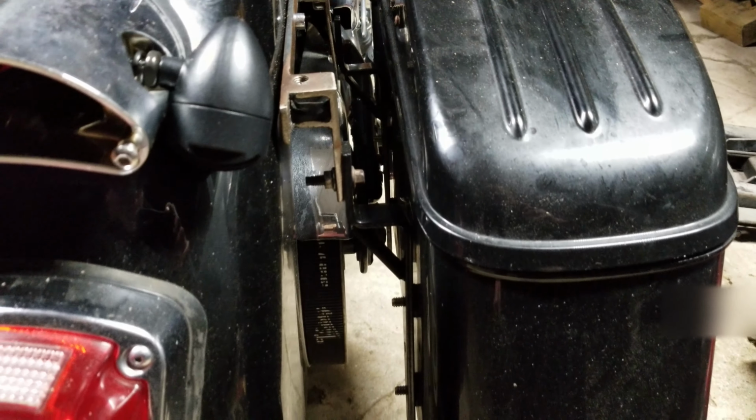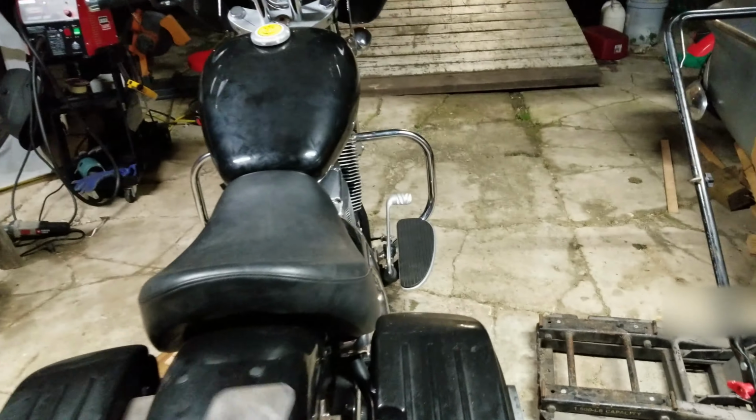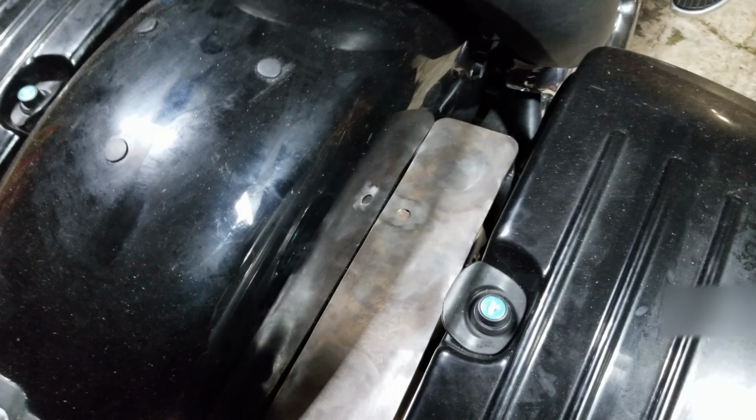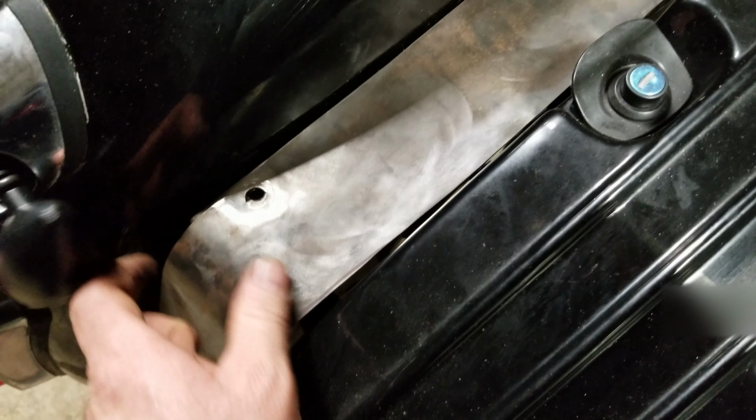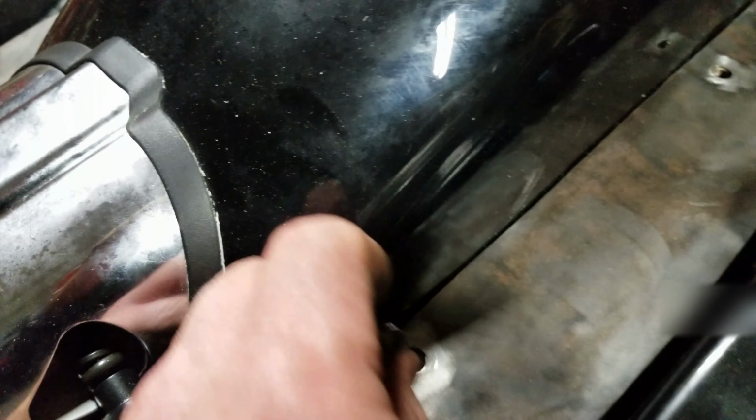And so I came off, met up with the brackets that came with the actual bags themselves. But that's pretty much all this is. I just put it on there, cut it out. It's sheet metal. It's a fairly thick piece of sheet metal. And I'm going to run a support at the bottom. I'm going to have to try and figure out how I can make this removable still. I want to weld a nut on the backside so it can screw in from the backside and hold this in place. But like I said, I drilled a hole and tapped it, so this